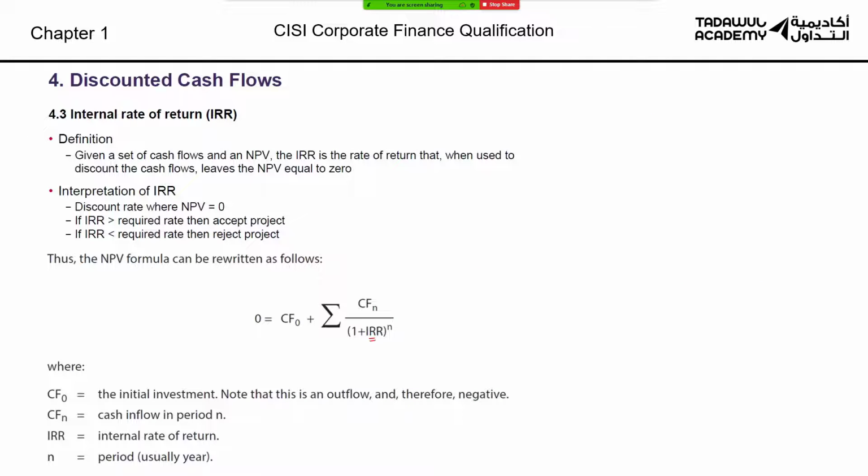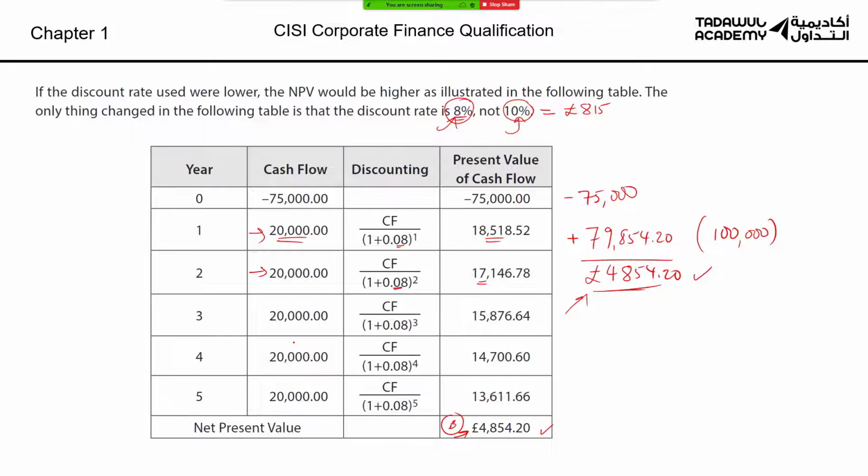The internal rate of return, we don't know the rate. It's actually the rate that we have to calculate. So the rate is unknown. We need to find out the rate at which the net present value will be 0. That means the rate at which the cash outflows, which in our case, in the very beginning, was 75,000,